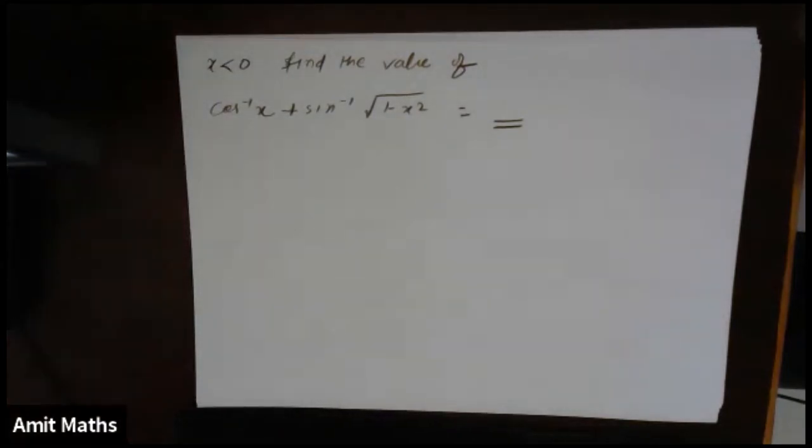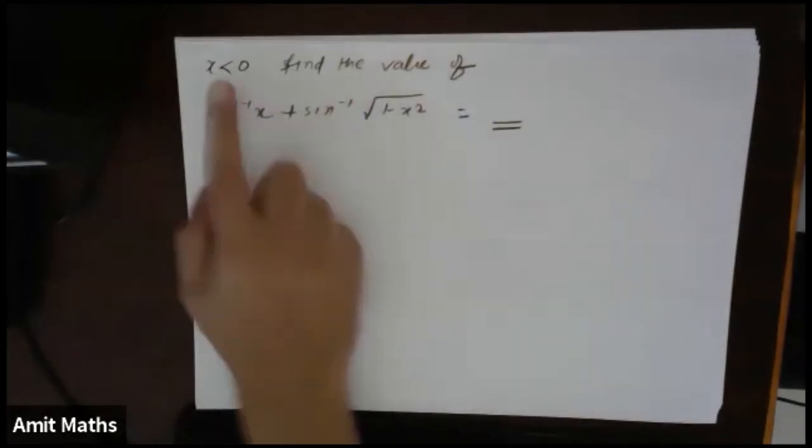X is equals to cos theta. Okay, let's see if we can find it. No, 1 is not the correct answer. No, pi by 2 is still not the correct answer. You will get it in terms of pi, but just tell me what will be the value. Find the answer. Don't worry. Take time. It's okay. This is the first time you are solving this kind of substitution question, so it's okay.